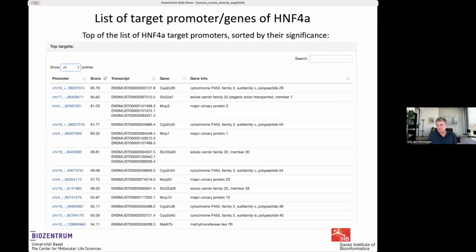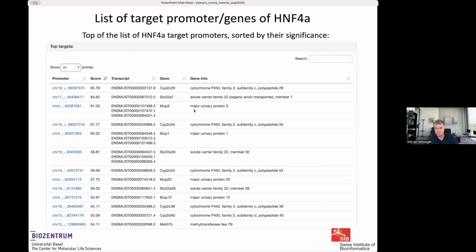All right, so if you scroll a little bit down, you will see that for HNF4A, you're going to get a list with predicted targets. Like all lists, these lists are searchable, so you can search for genes in the list, you can change the number of entries, you can reorder the entries in the table, but in general, they're ordered